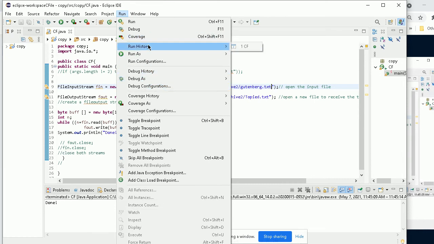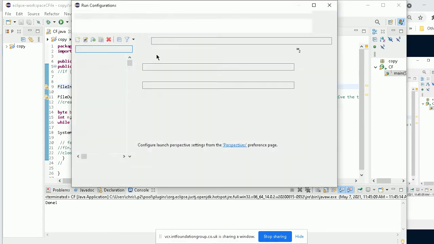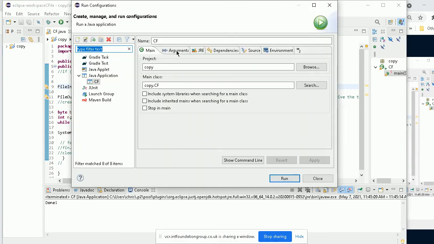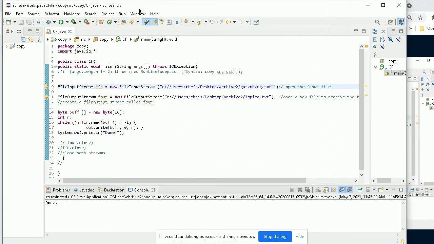In case I haven't already shown you, I can use run configurations, and I can specify the arguments I want to put in. I could give the full name of a file here, space, full name of a file here, and then just run the program. But I'll show you how to do that.